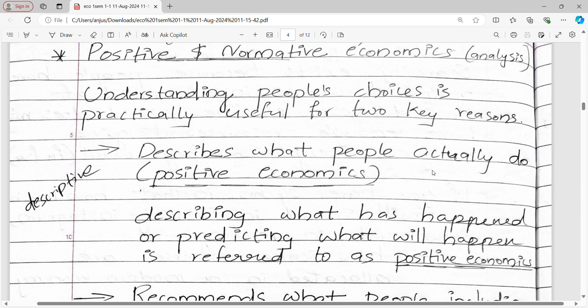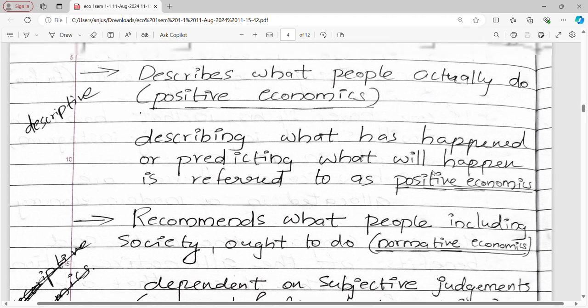Or with the resources that India has now, we can predict the GDP that will be generated the next year. And next year, with the passage of time, we can test with the data whether the prediction was proved or disproved. So that is a part of positive economic analysis.